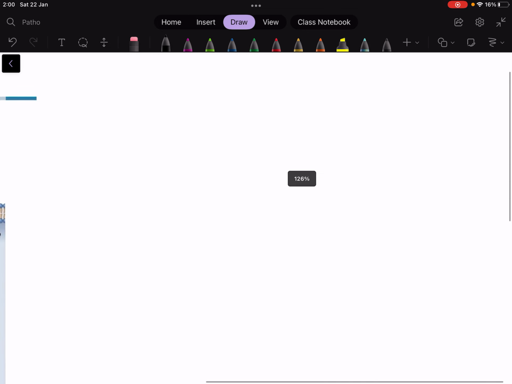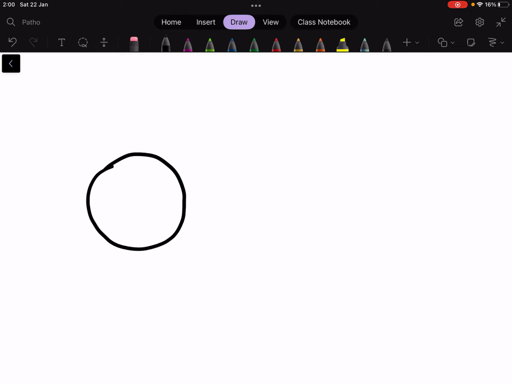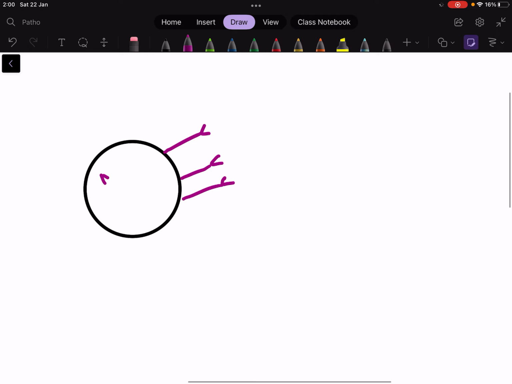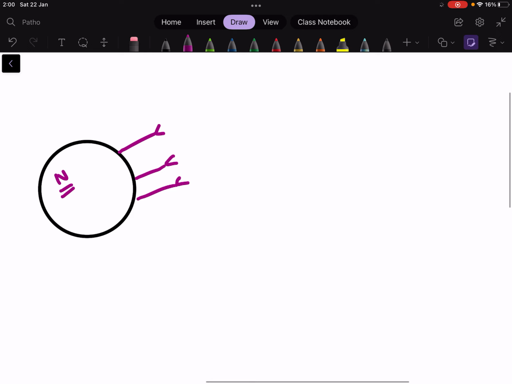So today we are going to talk about toll-like receptors. First I will talk about the basics, what is meant by toll-like receptors. So here is a neutrophil, and this neutrophil has certain types of receptors present on it. And as you can see, here is a bacteria,